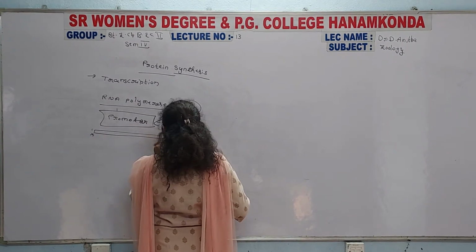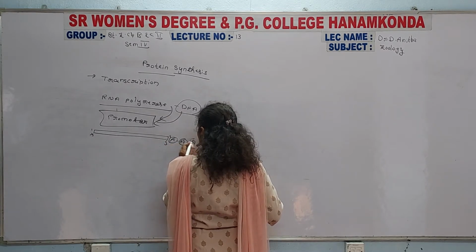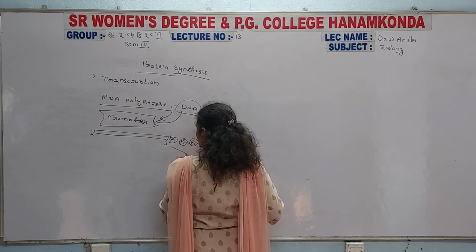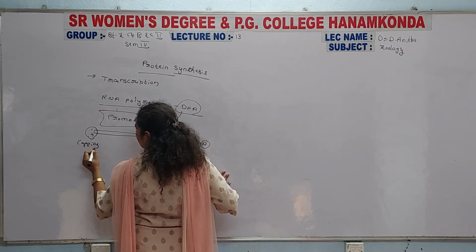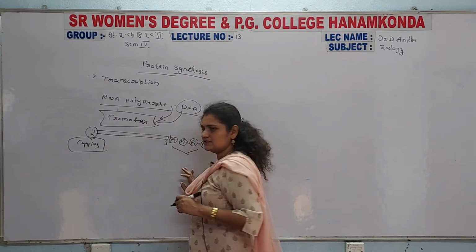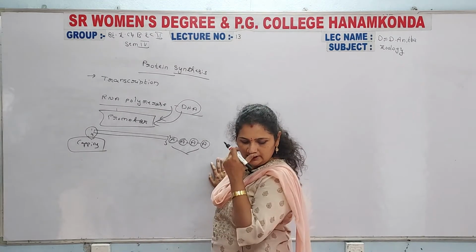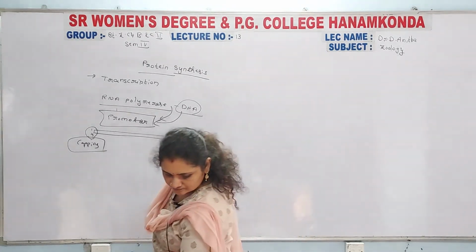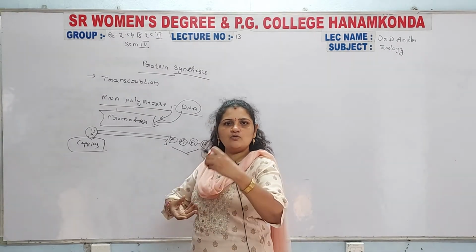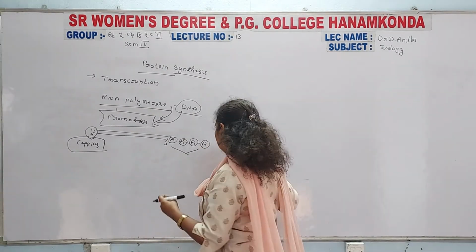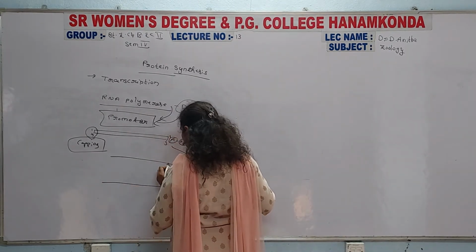So 5' to 3' end. Here is the poly A tail, and here the capping mechanism is formed. The capping is at the 5' end, and the 3' end is the other end of the DNA. That is the main structure of DNA, mainly with adenines and thymines in the actual DNA.